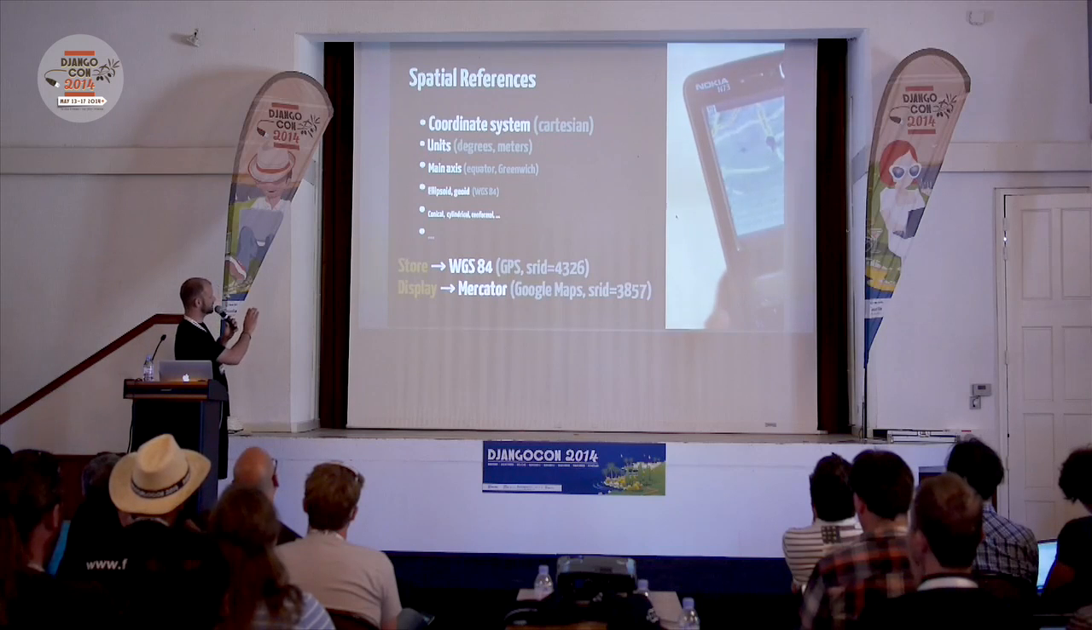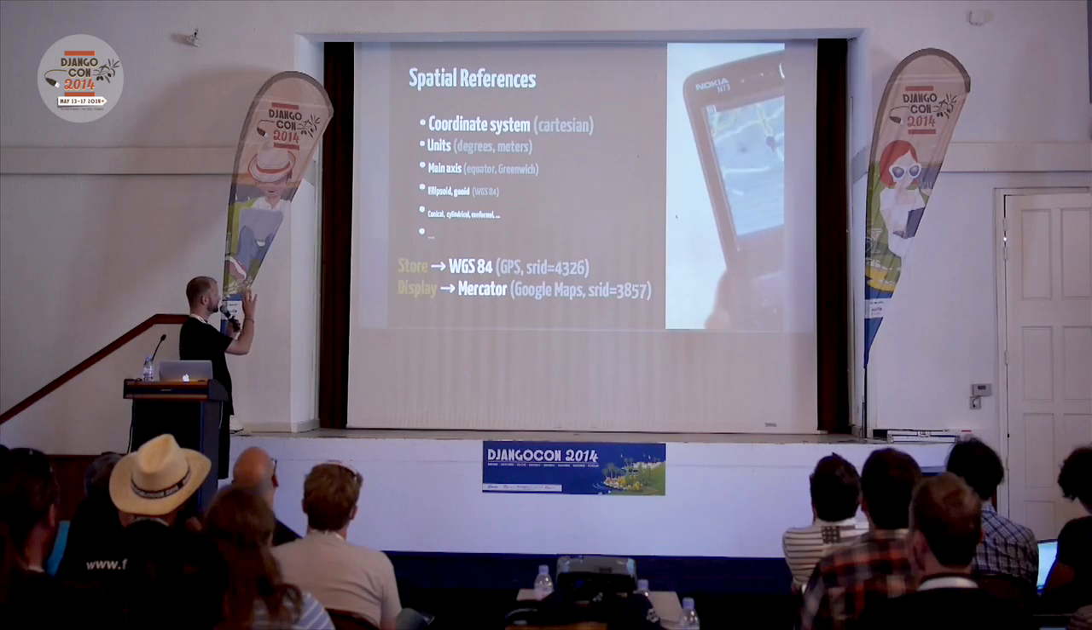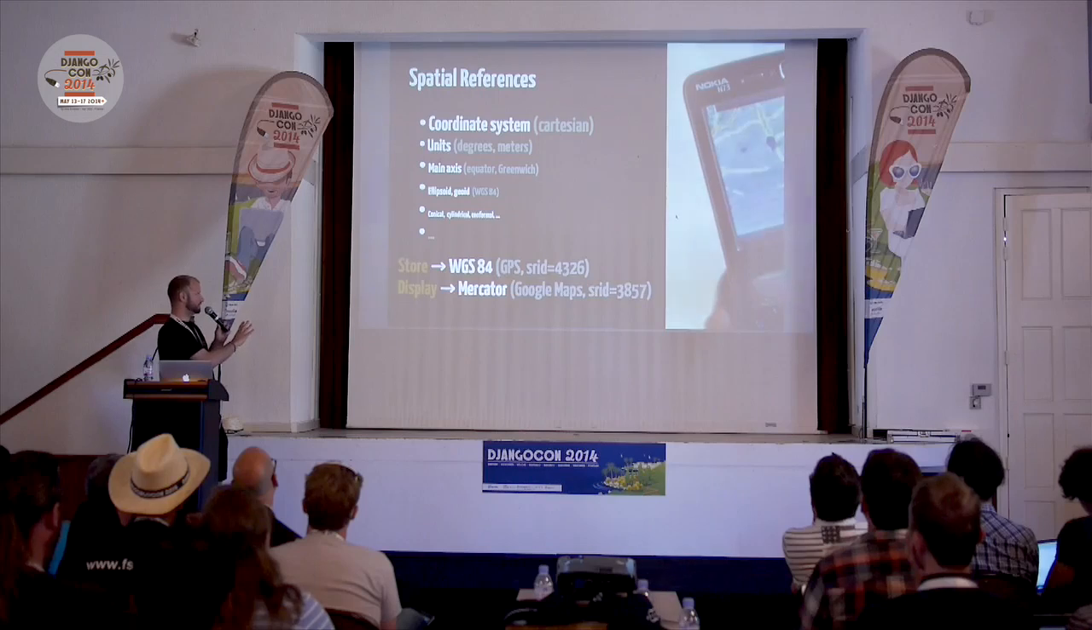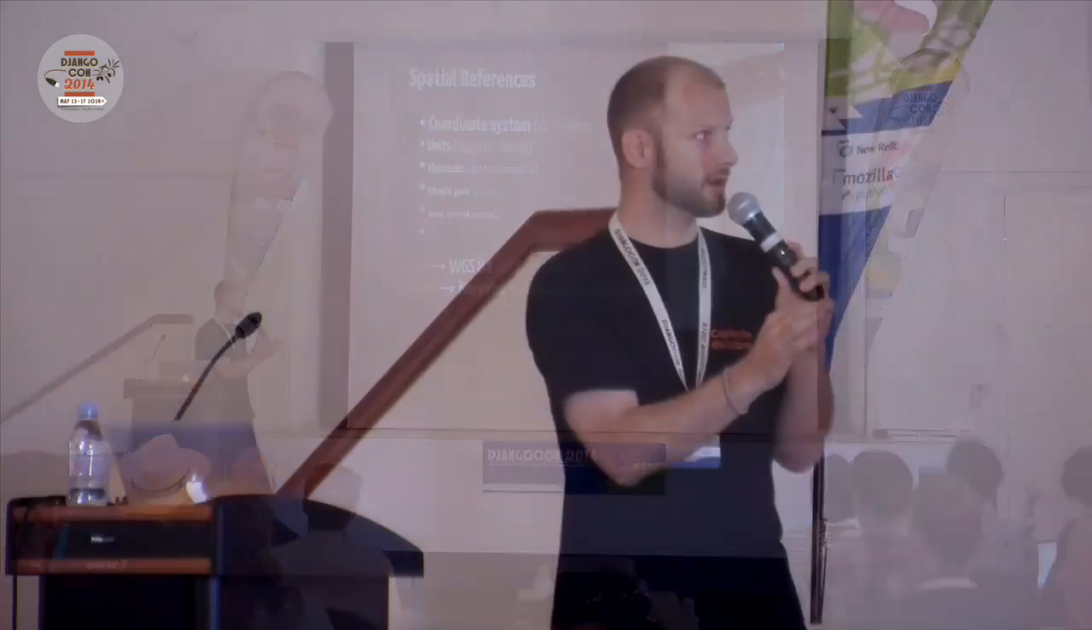Oh, sorry, the orange doesn't show up very well. You store the data in WGS84, which is the one from GPS. The spatial reference ID is 4326. You display the maps using the Mercator projection, spatial reference, which is the one from Google Maps. And the code is